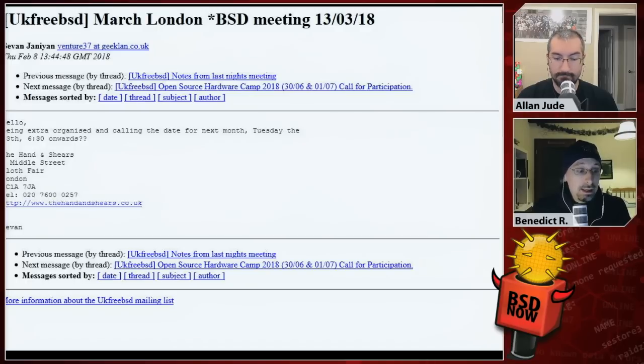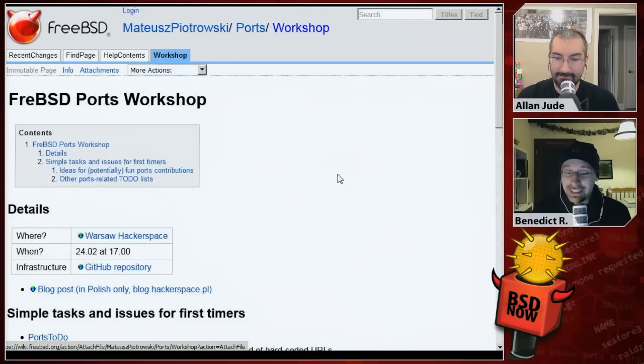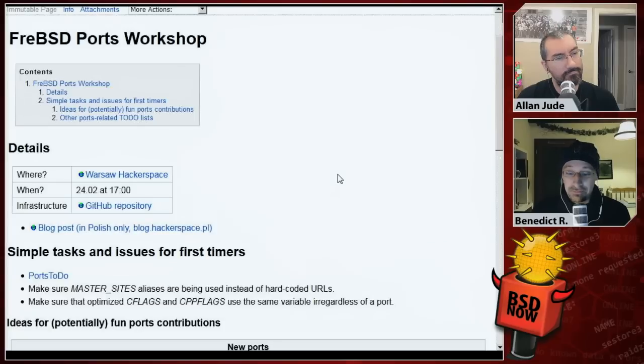He writes, being extra organized and calling the date for next month, Tuesday the 13th at 6:30 onwards, and provides the address for where this is, a pub. The Hand and Shears, 1 Middle Street, Cloth Fair, London. Addresses in England are weird. Not as weird as in Japan, but weird. But yeah, if you're in the London area, go to that meeting to meet some fellow BSD folks.